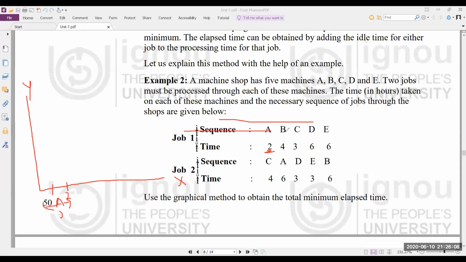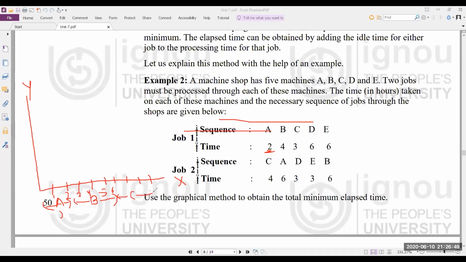Now after the 2 hours, the job will go for machine B. At machine B, it will take 4 hours. So we again draw 4 bars: 1, 2, 3, 4, and it will be for machine B. And if you write 1, 2, 3, 4, 5, and 6. Now again 3. So 1, 2, 3, and this is for